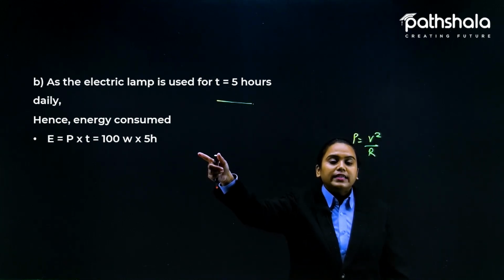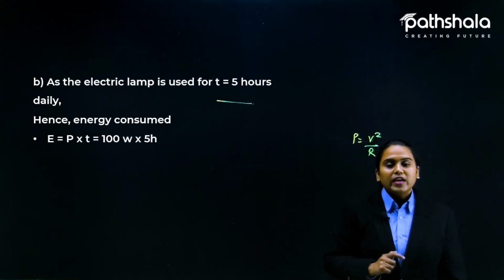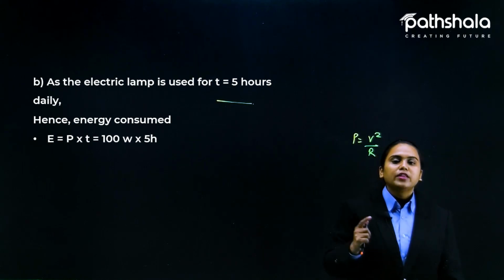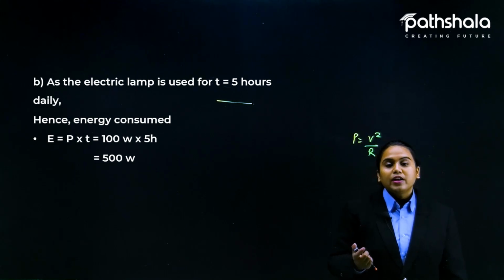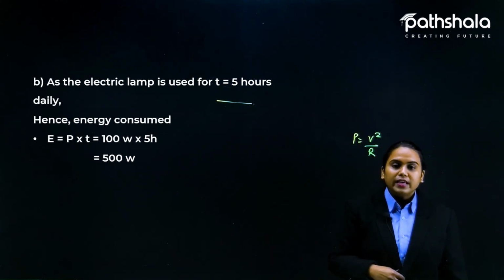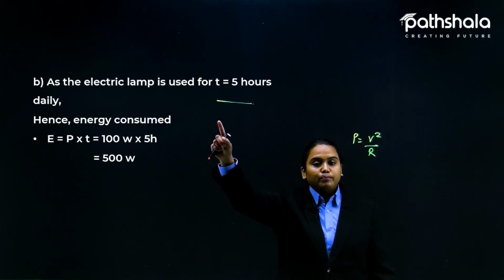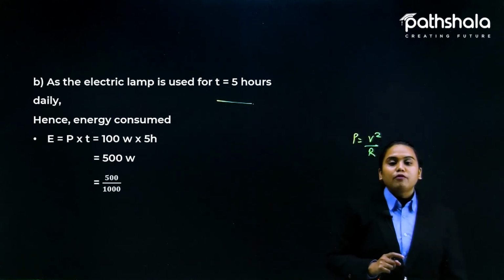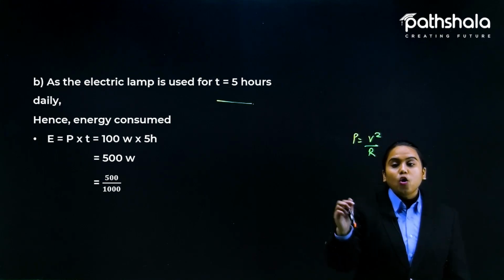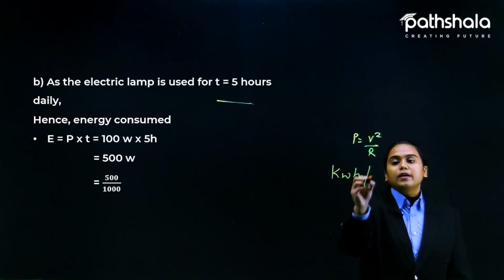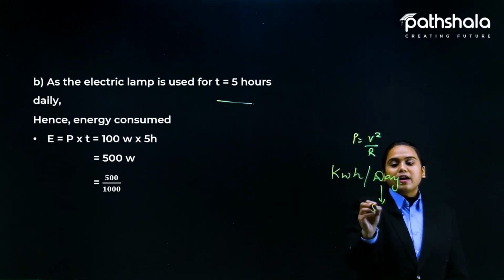This is so easy that you can directly find the answer for the energy used here. E is equal to P multiplied by T. You have the value of P, and you have the value of T also. So you have the power value used for the energy for that hour, but we need to calculate it for a day, in kilowatt hour per day. So per day we are using 5 hours.